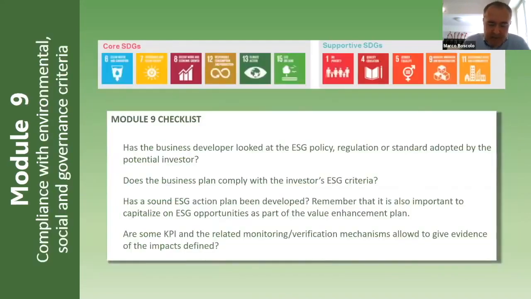More and more investors are interested in supporting businesses that generate environmental, social, and governance impacts that allow them to document how they are contributing to the achievement of key social development goals. So a statement of the ESG impacts of the business is very important, also for judging its overall sustainability, and can be an important element of your business strategy.